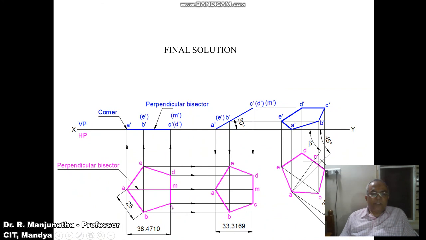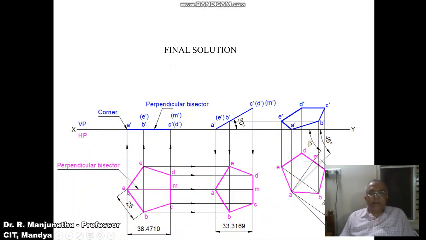By using the compass, you measure a distance of 25 mm. With C as center, cut an arc on that 108 degree line, and similarly with D as center, cut an arc on that 108 degree line, and you mark the points as B and E. Then with B as center, take a radius of 25 and draw an arc. With E as center, cut an arc on that previously drawn arc to get this point, and you mark the point as A. Then join A to B, B to C, C to D, D to E, and E to A with a dark line.